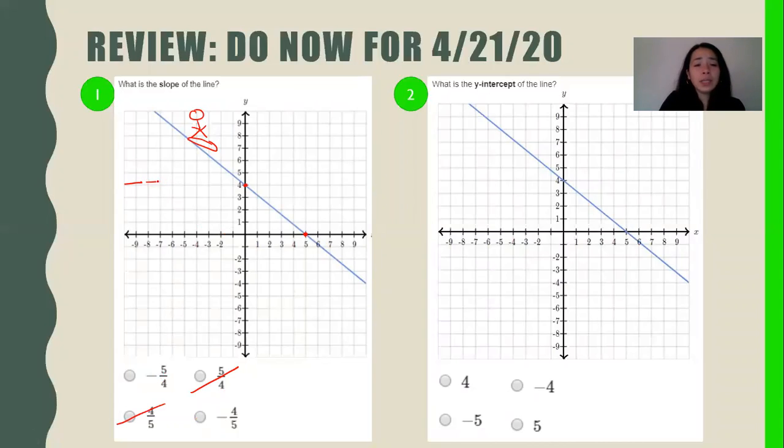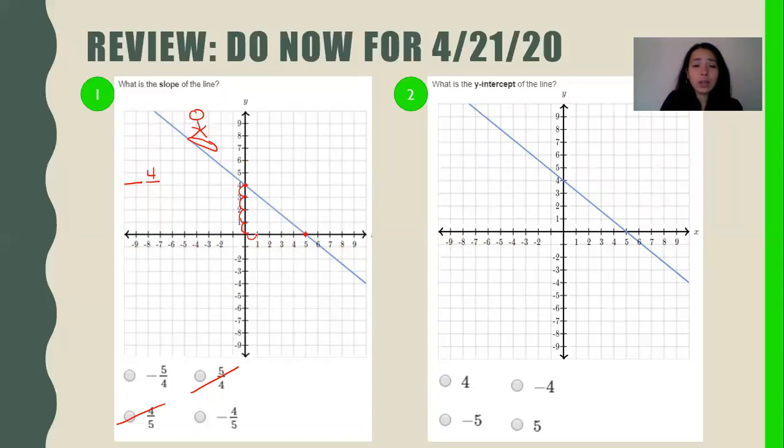Now I'm going to find out, the reason I put the second line is to find out our rise over run. So for our rise, it means how many units does it go this way, as in vertically. So let's count from here. To get it to here, we needed to go down 1, 2, 3, 4 times, 4 units. And that's our rise. And then for our run, that means how many, if we were taking steps, how many steps would it take? So how many units does it move from side to side?